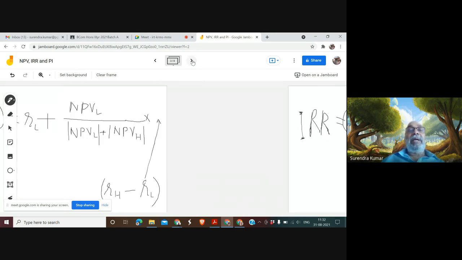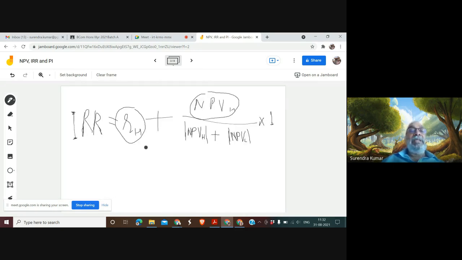Likewise, we can apply this formula using the higher rate. When we apply this formula using the higher rate, it is important that everything is positive, because the rate is positive as well as the modulus values are turning out to be positive, and the difference here I have already taken as 1 because we know it is the difference between 11% and 10%. But the net present value at the higher rate is coming out to be negative. So this particular value will be negative.